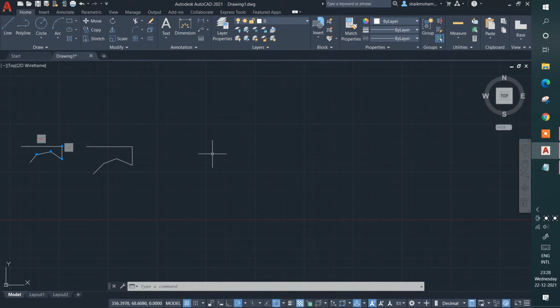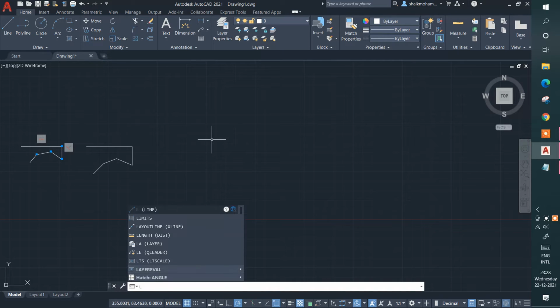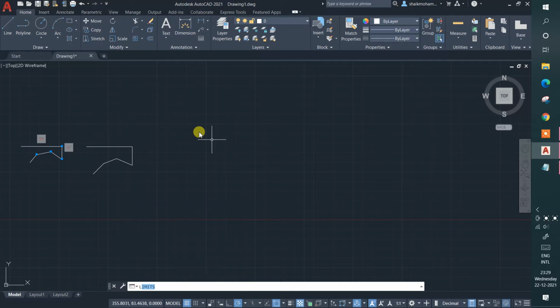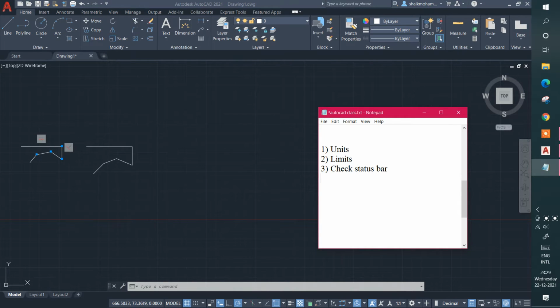And let me type L, and you can see here in the command bar it is showing me L, not at the cursor. If you turn on the dynamic input, it shows you at the cursor, guys, at the cursor itself. I'm going to show you. Just turn on this one, just click on F12, guys, on your keyboard. I'm going to turn on this one, okay? Okay, let me have a note here.